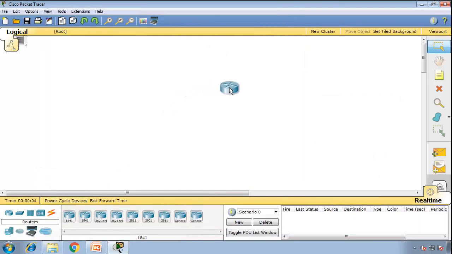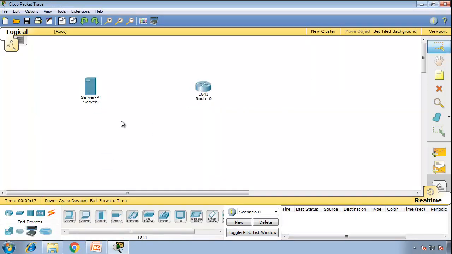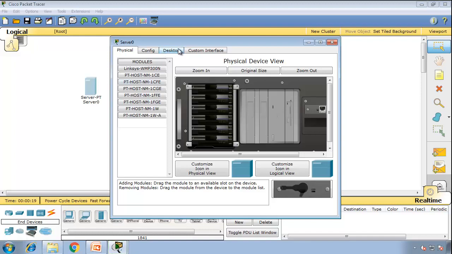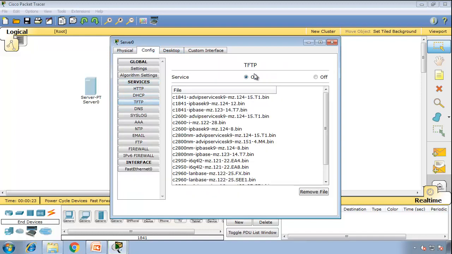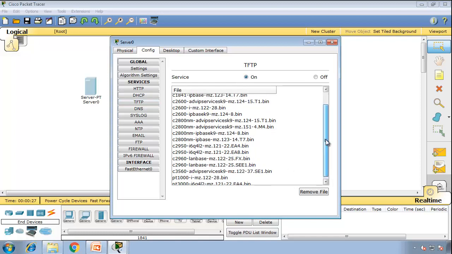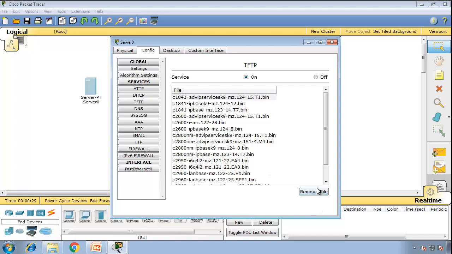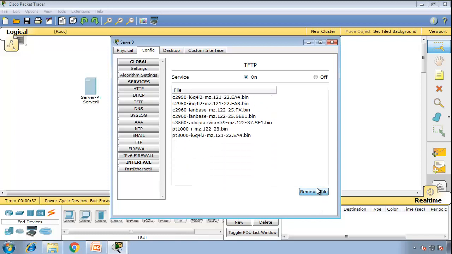All I need is a router and a TFTP server. So one of these end devices will do. So this is the TFTP server. If you look under the config, the services, it's got TFTP and it's on by default, and there's already some operating system there. So what I'm going to do is remove all of these, so there's nothing left,